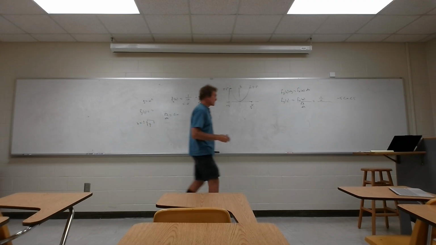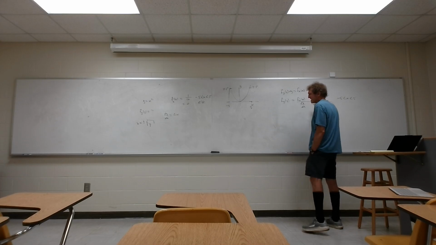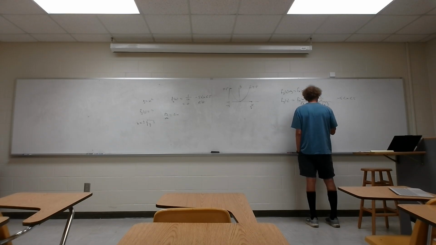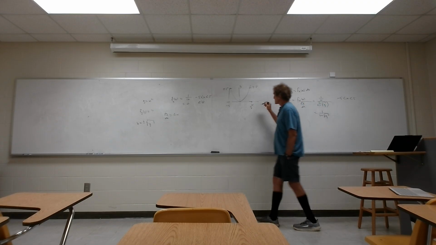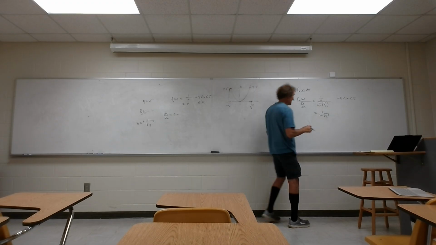So I come down here, dy dx is going to be 2 plus or minus the square root of y. And that means it's going to be 1 over 20 square root of y, but because I have two values of x that give one value of y, I have to double that,